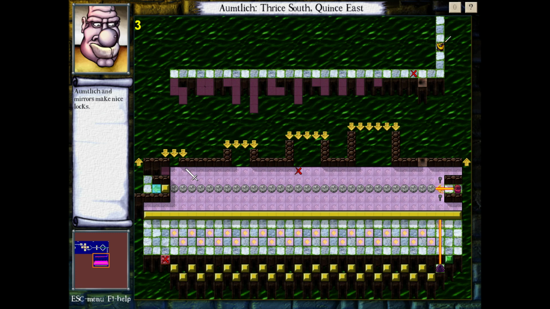This is starting to look really tedious. So the first step is to stash all of the mirrors on platforms in all of these areas. So I have a platform puzzle for no particular reason, followed by a whole bunch of mirror pushing. Like, this just seems completely unnecessary. And then a whole bunch more mirror pushing. And the Aumtlich, at the end of all of this, once I've cleared this,